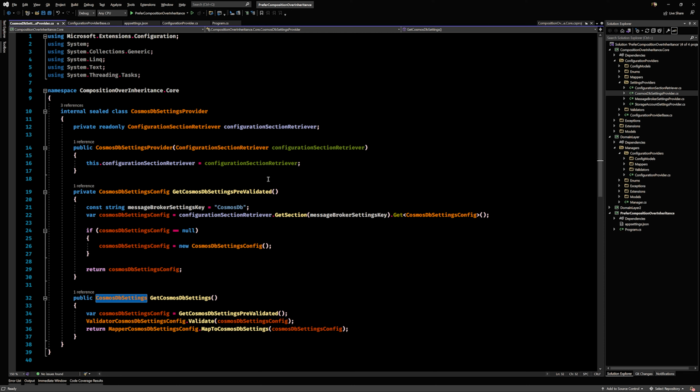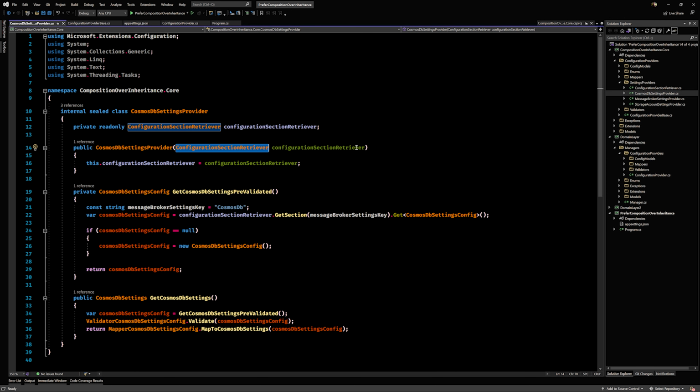So the config provider base class has the functionality there. All descendants have automatic or free use of that configuration section retriever and loading up of the JSON files and environment files, and everything else that you want to use for your config sets. Stuff is in the base class, all right?